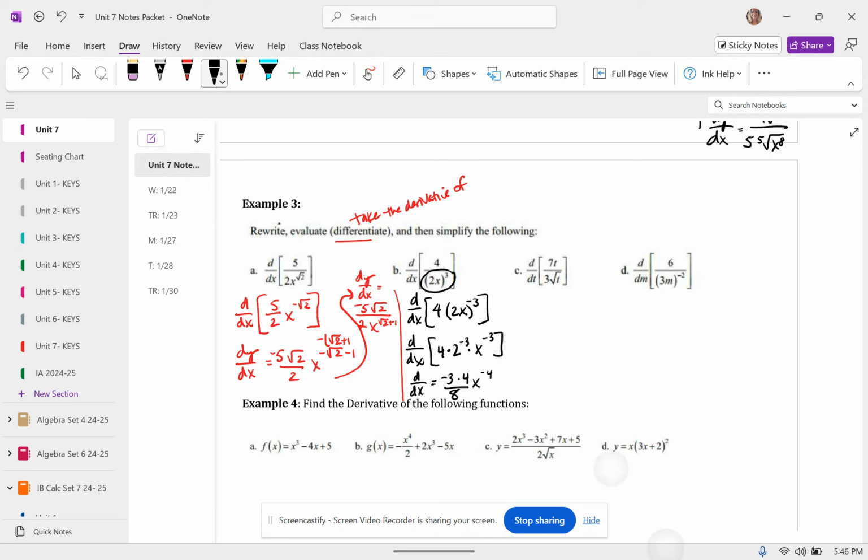Okay, so now I've got dy/dx is equal to negative 12 over 8. That could simplify x to the fourth. So then this would be negative 3, so negative 3 over 2x to the fourth. Alright, cool. So then for the next one,